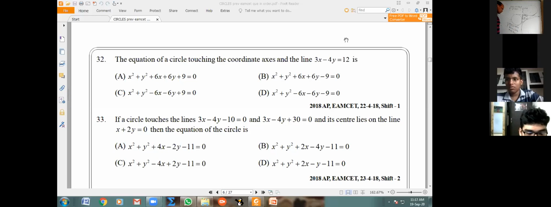All right. 6 is correct. 2r equal to 12, r is 6. If I take minus 5r, r equal to 1. So when r is 1, the center is 1 comma minus 1, radius 1. When r is 6, the center is 6 comma minus 6, radius 6. You'll get these two answers.